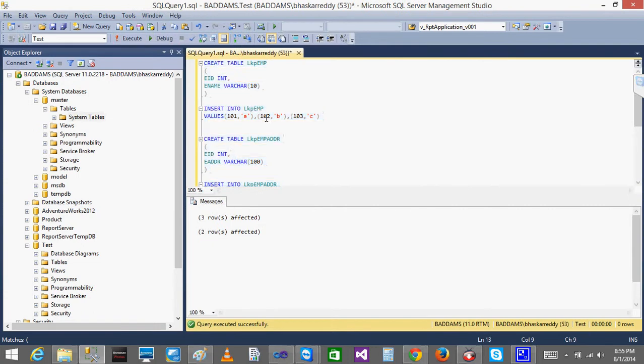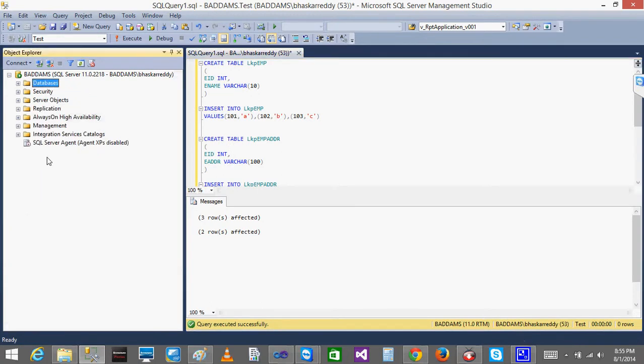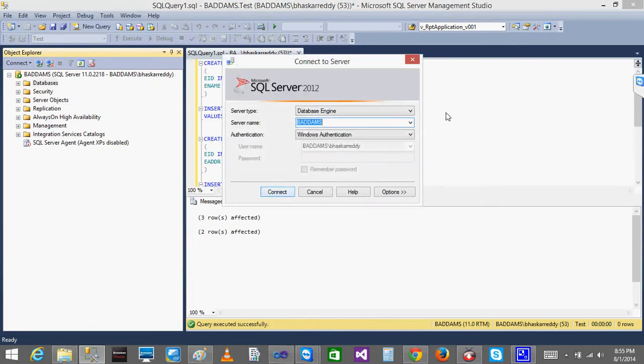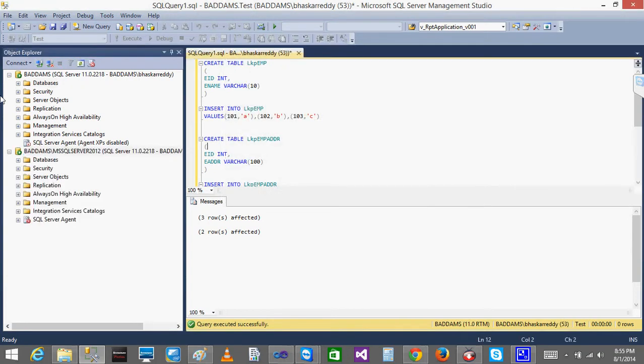Now let's assume they are not on the same server. I inserted in the test, right? Because we are having 2 servers, I can do that. Whatever server we got, I'll just connect to the server. So let's say it is different, we'll just follow the same method.